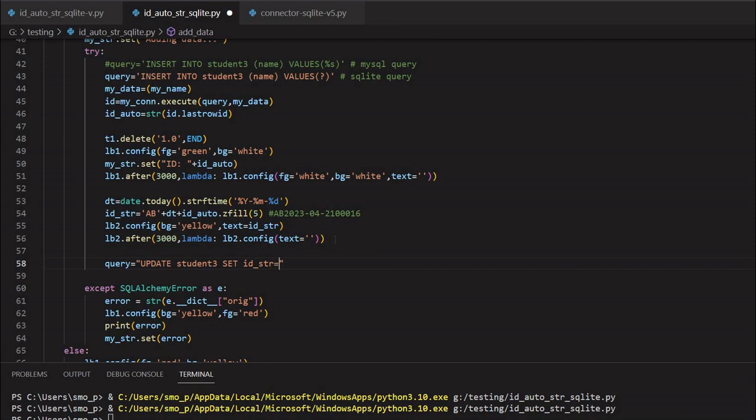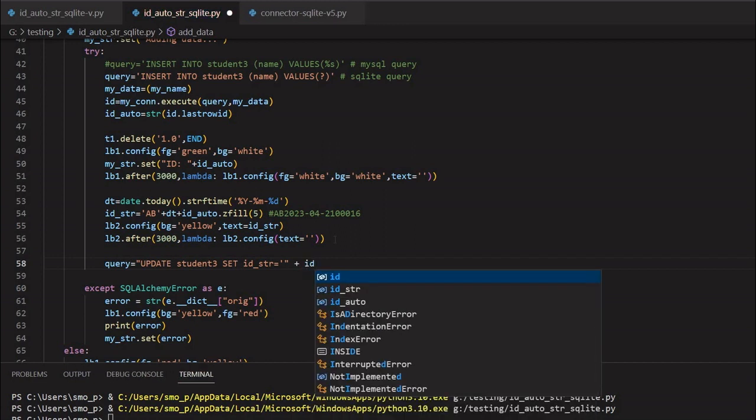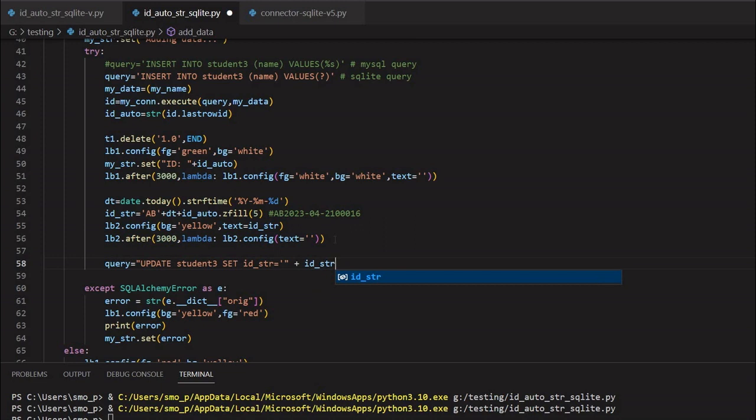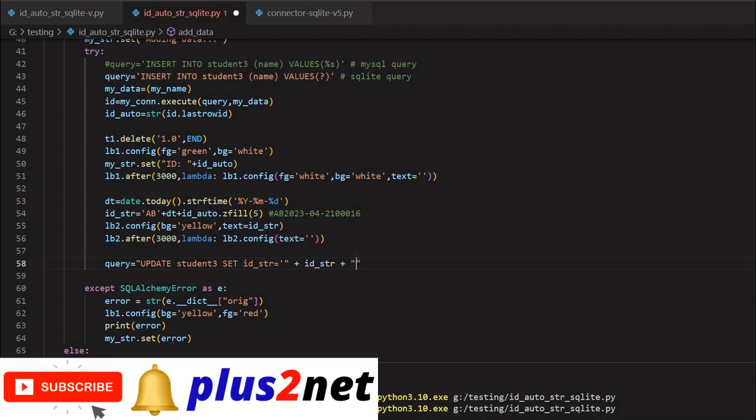ID str equal to, now I am giving it like that because I am taking the variable here. I have given the quotes because it's a string again, plus ID str. ID str is my final string. Here it is at line number 54, whatever we display to the user, the final string. Now this is a string addition, again double quotes. In here I have to start with a single quote. So update, set ID str, where,